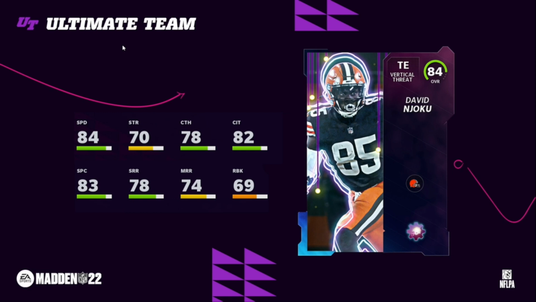Maybe once we see Hunter Henry's card and he's got better run blocking, this David Njoku loses a little bit of value, but he's got really solid speed for a tight end. He's got really good size. David Njoku's almost 6'5". He's got solid enough route running for a tight end, especially of his height and size and speed caliber, so it's not too bad. And then his catching is surprisingly good as well, plus that 69 run block, of course, is nice, but it's also really solid and going to be able to hold up against those tackles and those linebackers,